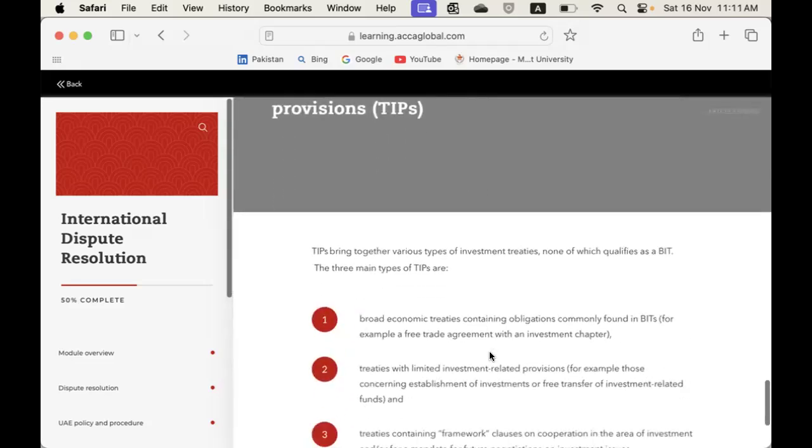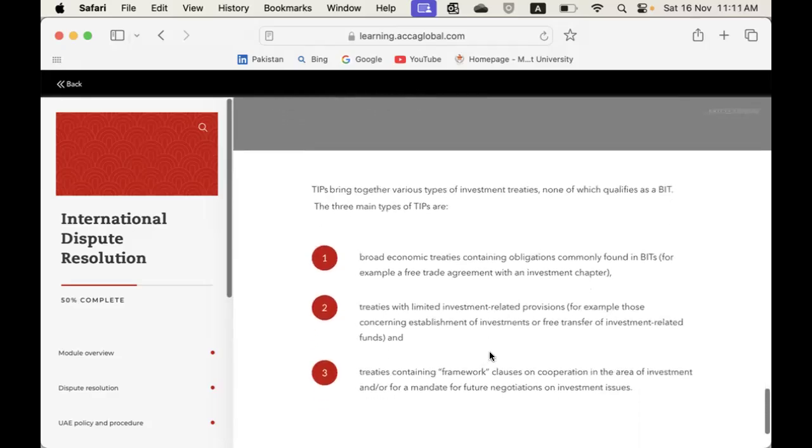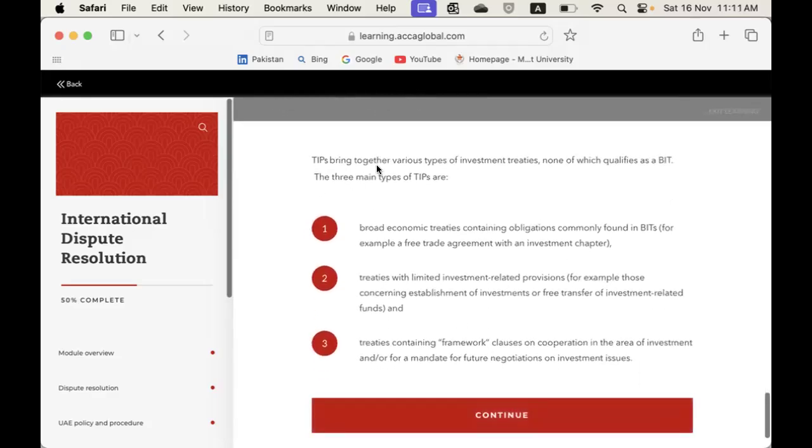Treaty with investment protection, with investment provisions. Let's look at that. TIPs bring together various types of investment treaties, none of which qualifies as a bilateral investment treaty. So there is a difference. Bilateral investment treaty, the very purpose of this treaty is investment itself. But TIPs, on the other hand, are a lighter treaty. Treaties with investment provisions. So investment is one part of these treaties, but their entire ambit is not on investment. The three main types of TIPs are